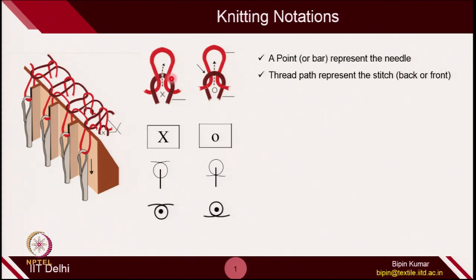For example, if you see this is technical front, so the yarn is actually moving in this fashion. It starts from here, goes on the back side and then comes towards the front side. So, this is how you represent a particular stitch, and that stitch could be float, that stitch could be tuck. So, this is how we can represent these complicated loops by simple bar, box and point diagrams.